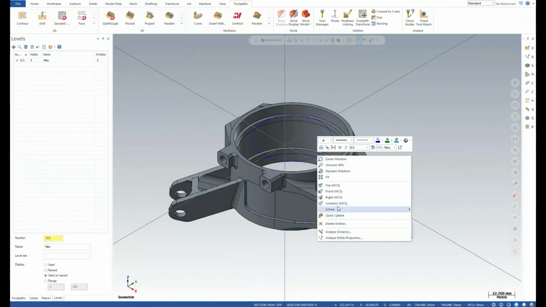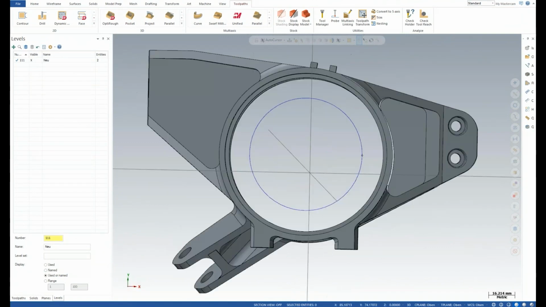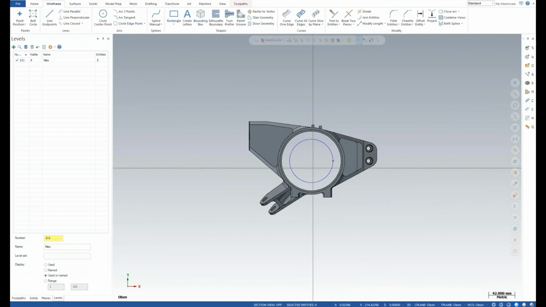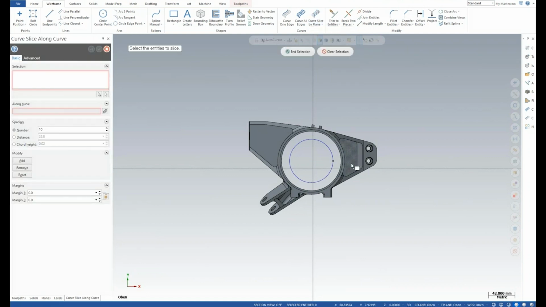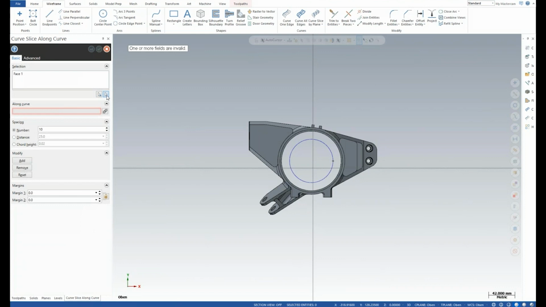So this may not be the perfect part for this kind of example, but what I can do is use that slice along a curve and create circular slices around this solid. So wireframe, curve, slice along a curve. We'll just pick this body. I want the whole body. Reselect all. Give me the body.